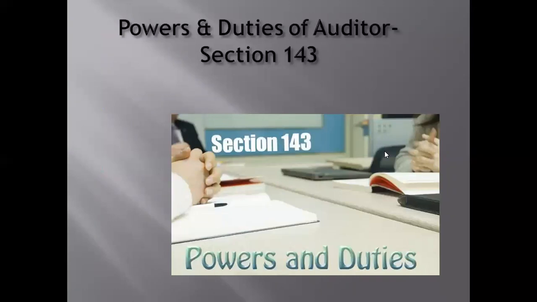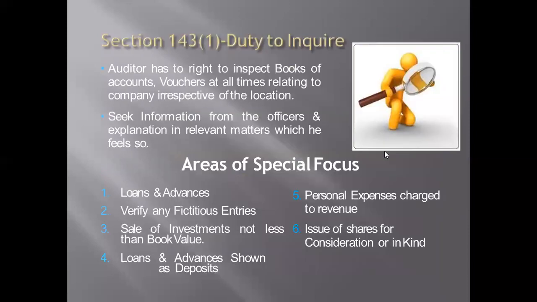So now we are going to the main part, the powers and duties of the auditor under section 143. Now, first is the duty to inquire. The auditor always has the right to inspect the books of accounts and the vouchers at all times relating to the company, irrespective of the location. They can seek information from the officers and explanation in relevant matters which he feels so. So he has a right. He has a right to inquire on anything or everything of the company which is related directly or indirectly with